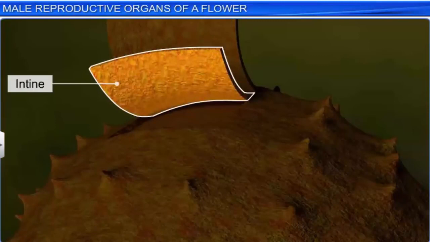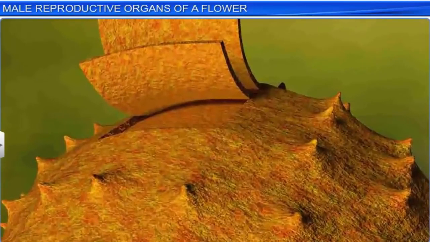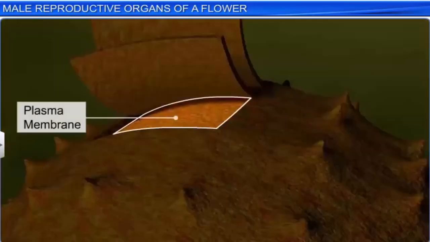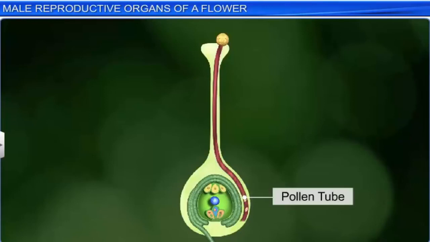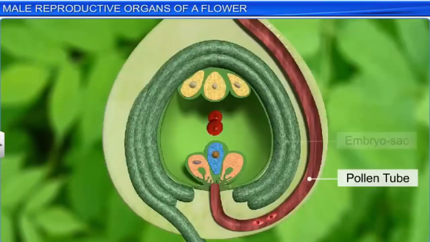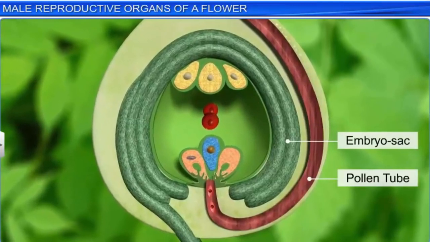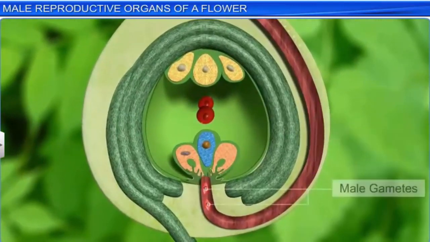Intine, on the other hand, is a thin and continuous inner layer of wall composed of cellulose and pectin. On the inner side of the intine is the plasma membrane that surrounds the pollen grain's cytoplasm. When pollen grains land on the stigma, they germinate into a pollen tube that carries the male gametes towards the embryo sac. This ability of the pollen grain to deliver the male gametes to the embryo sac is called pollen